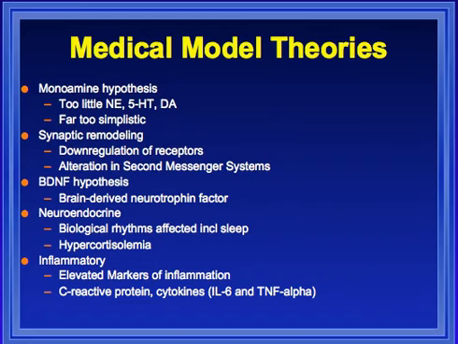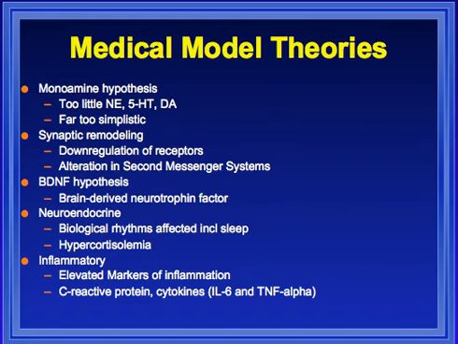There's also the brain-derived neurotropic factor hypothesis. It turns out that when you look downstream from these receptors and second messenger systems, a neurotropic factor called brain-derived neurotropic factor is upregulated. There's increased genetic expression of this protein, and this protein is key in supporting growth of neurons and synapses.